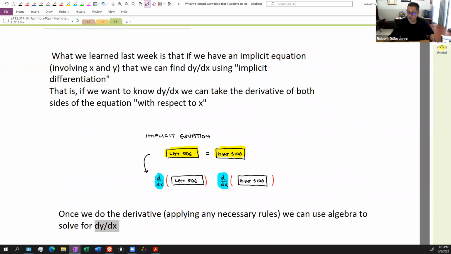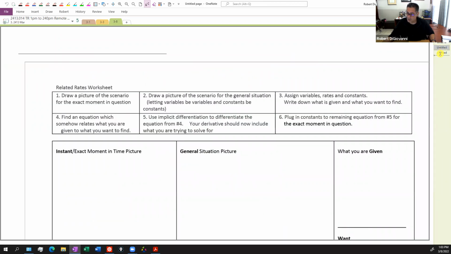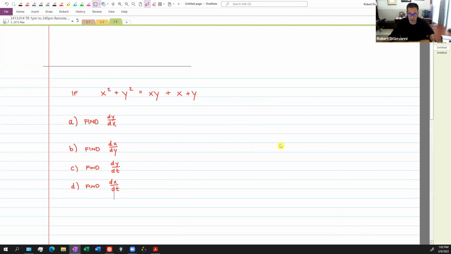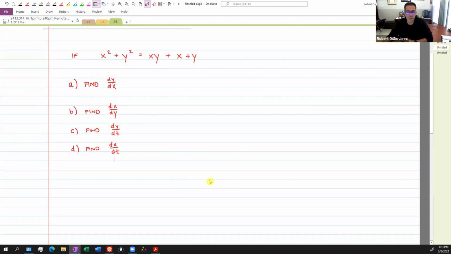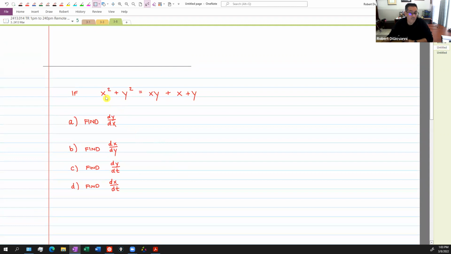I want to do a problem with you. I give you an implicit equation, and then I'm asking for 4 different things. So let's just start with the first one. The first thing I want you to do is find dy dx. When I write dy dx, if you look, the denominator has dx, that means that we are going to